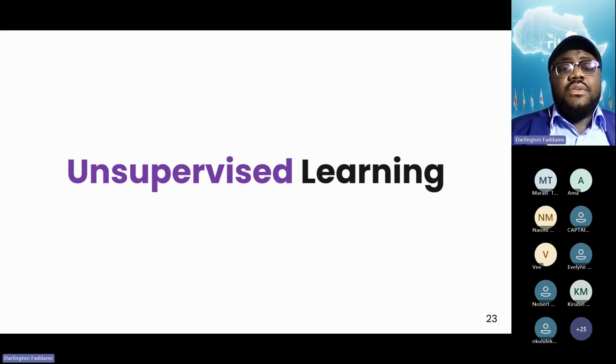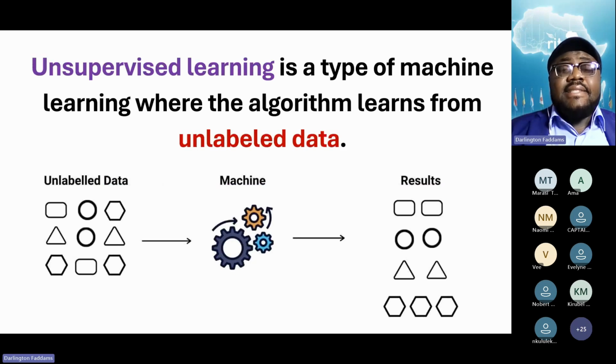We also have what is called unsupervised learning. Unsupervised learning is a type of machine learning where the algorithm learns from unlabeled data. Why are we saying the algorithm? Before you do the training, you choose an algorithm and then you train it with the data. After the training, it's no longer called an algorithm. The technical term for it is a model. So now it becomes a model. All right. So with unsupervised learning, we do the training with unlabeled data.